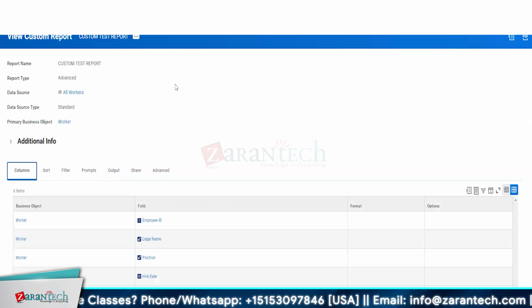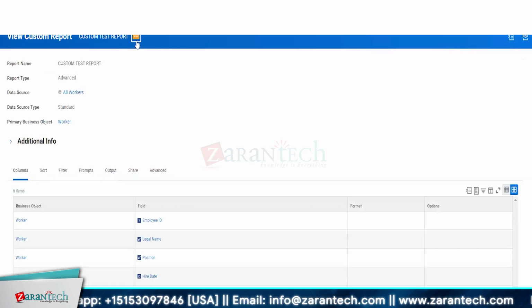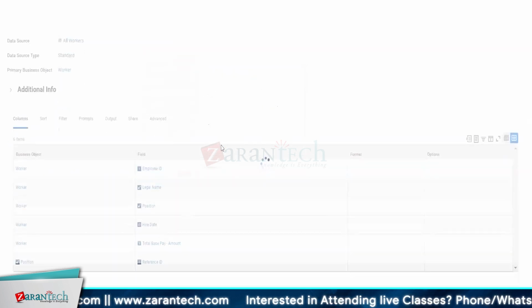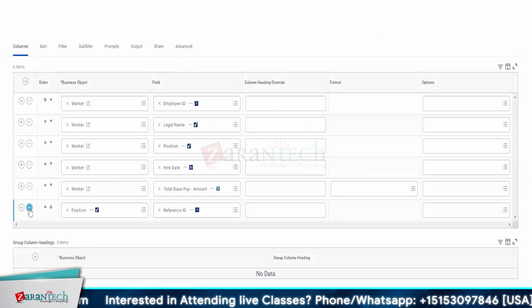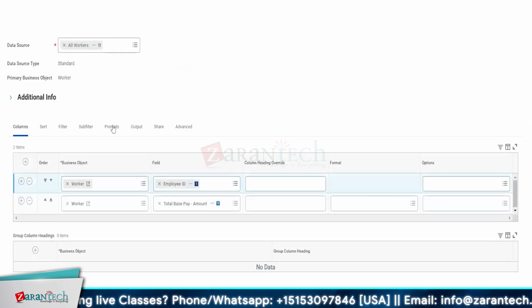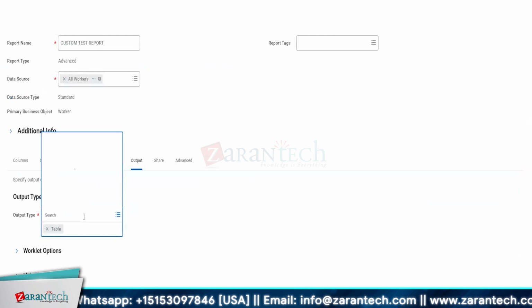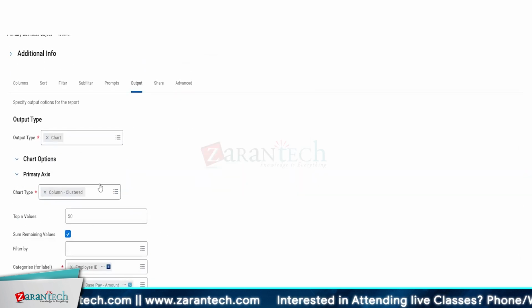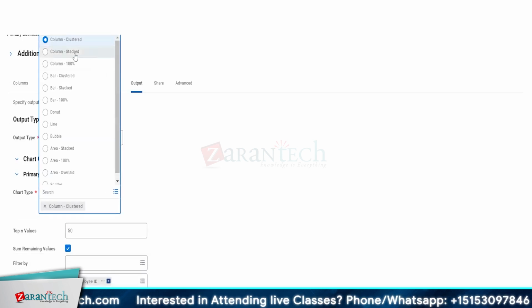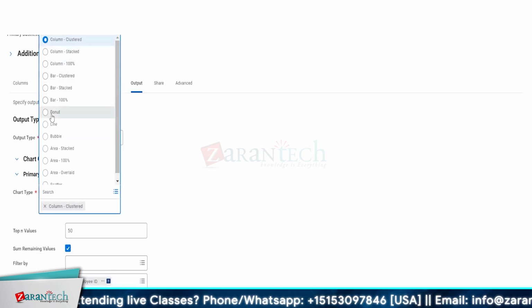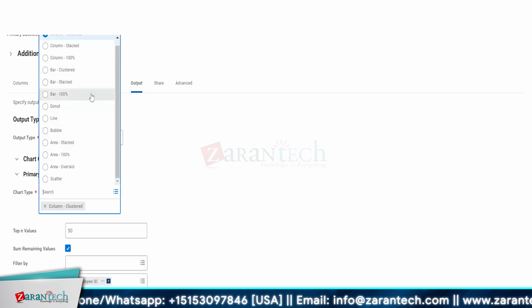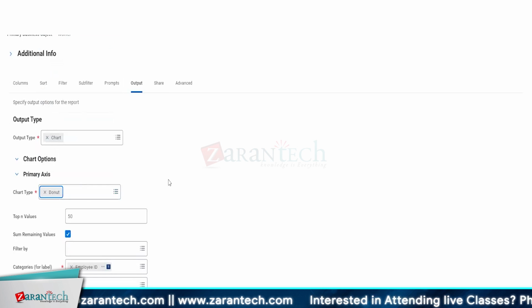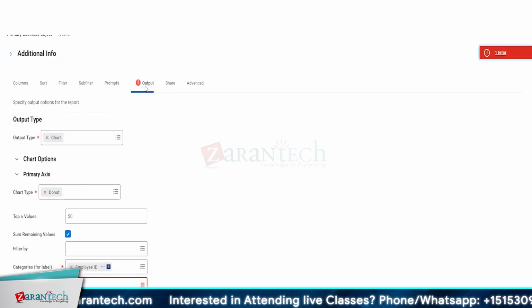So let's say you want a bar chart or a pie chart. Let me show you a very simple one. So if I go and edit this report, I'll just remove all these details. Okay, so in the output, if I say I want a chart output, you have these chart options. So you want a clustered column or a stacked column or 100%. So there are a lot of options available here. Let's say I want a donut chart. If I say a donut chart, and if I run this report,